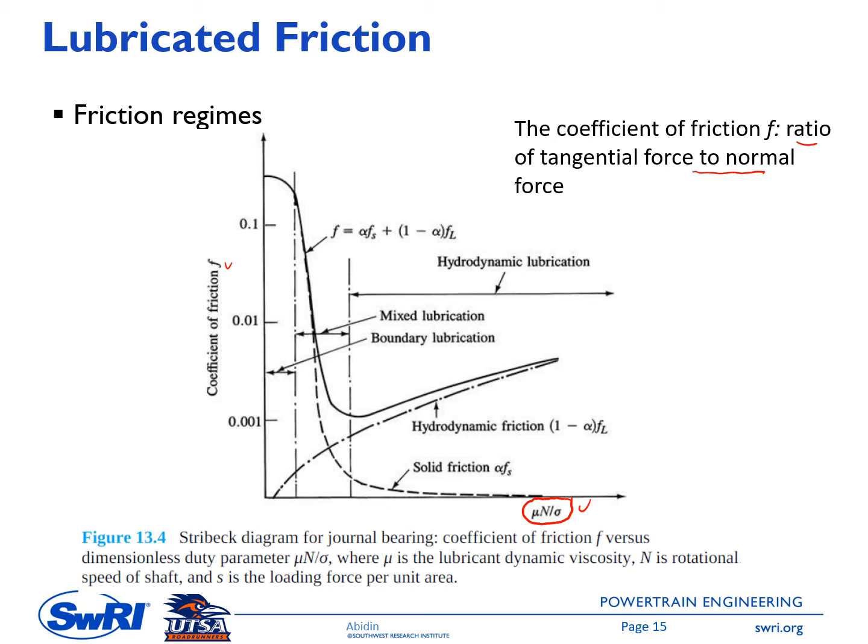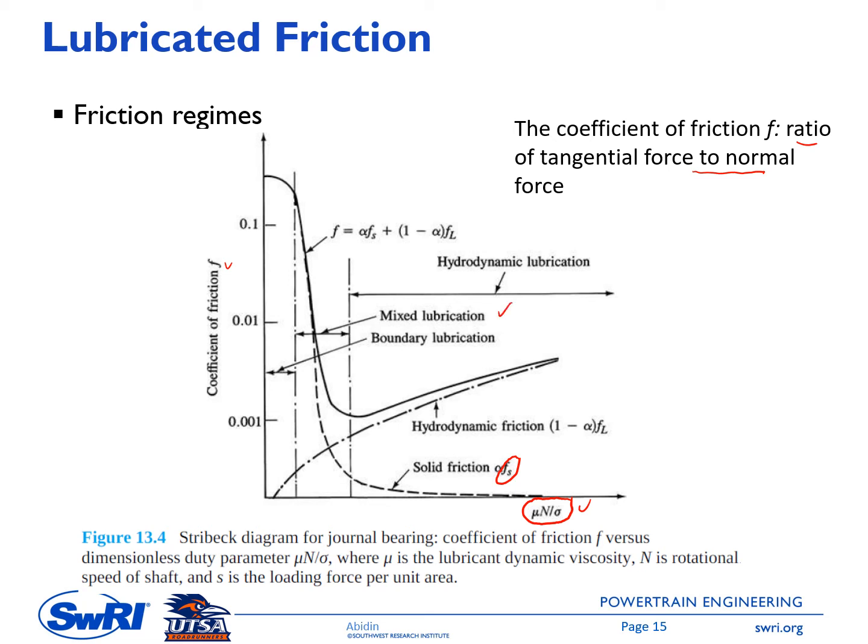For a small duty parameter, the regime is usually called boundary lubrication. So this is close to solid friction, so it is represented by Fs. So this is a metal to metal contact type friction. So there is no lubrication between the two metals. And then as the duty parameter is increased, we will enter what is called mixed lubrication